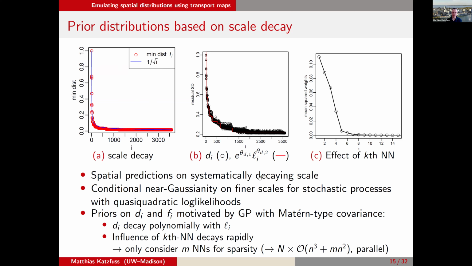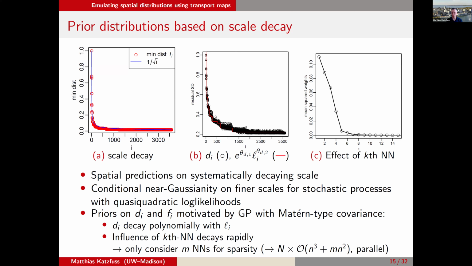And what we're going to do is exploit this decaying scale in that it turns out for a large class of processes that we might be interested in, specifically those with quasi-quadratic log likelihoods, you can show that things become more and more Gaussian as you go to larger i. So if you look at the conditional distributions of something given the points that are previous in the ordering, things become more and more Gaussian, even if the original process was not Gaussian. And so we use this result as a motivation for the priors that we put on our FIs and DIs,